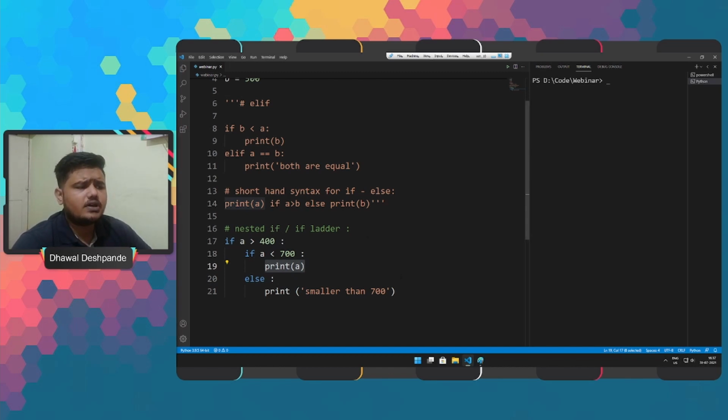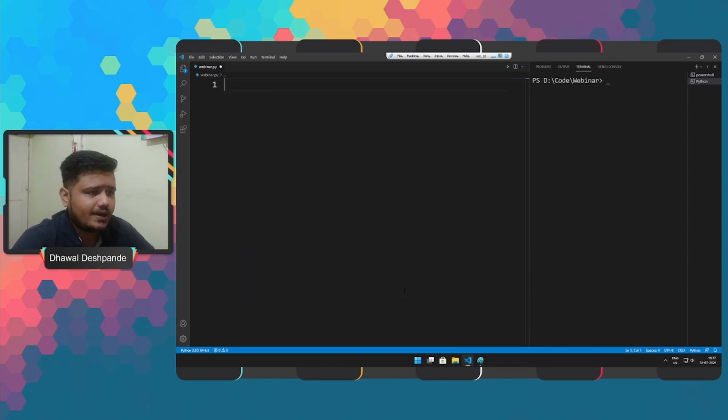So moving forward, the next topic is very important and interesting, which is loops. If we talk about loops, we have two loops: the first one is for, and the second one is while.